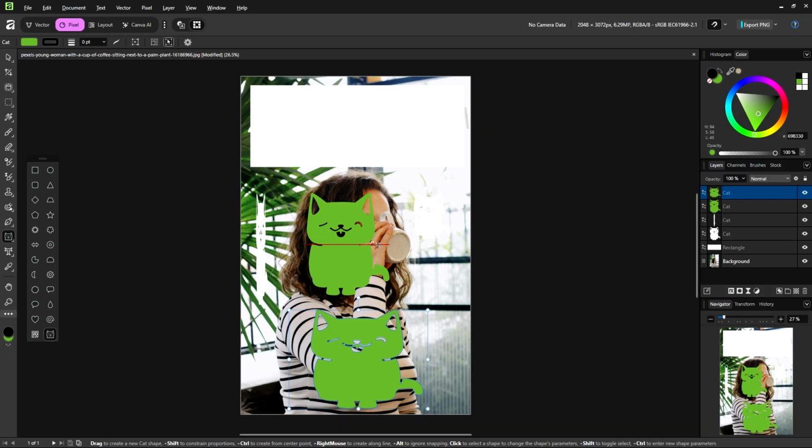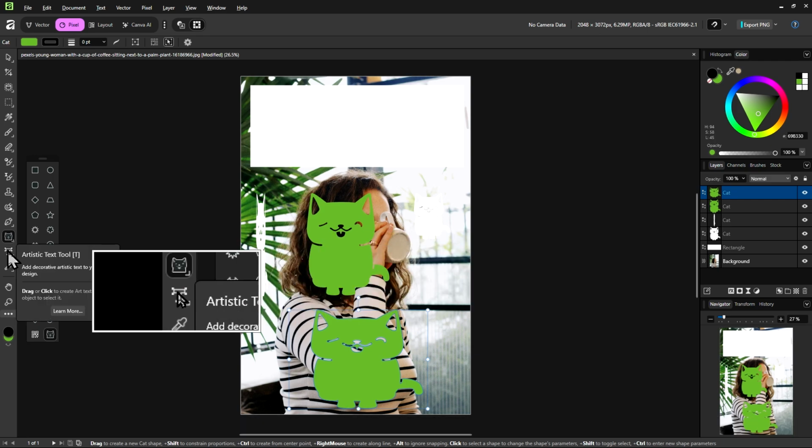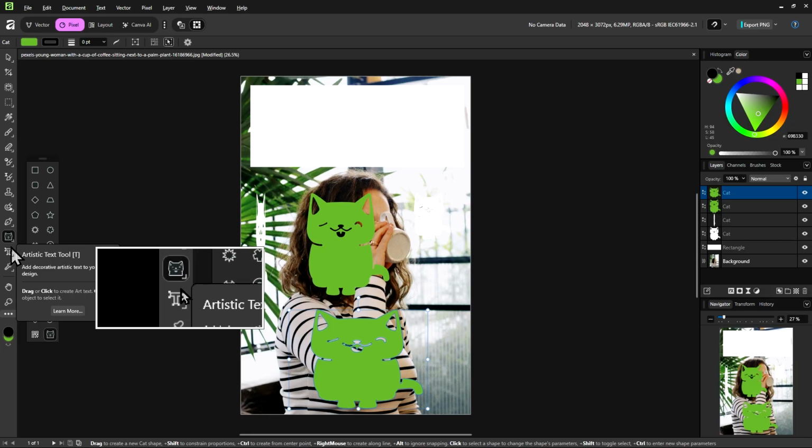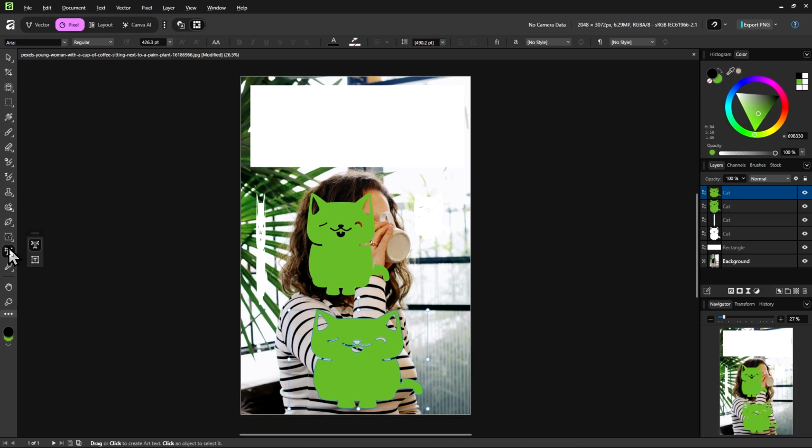So, that was the settings for the cat tool. How about the settings for another tool, like maybe this text tool here, the artistic text tool? Well, just by selecting this tool, our contextual toolbar changes to show the settings for making text.